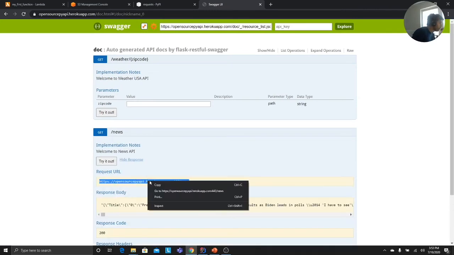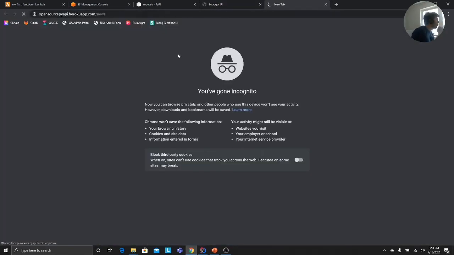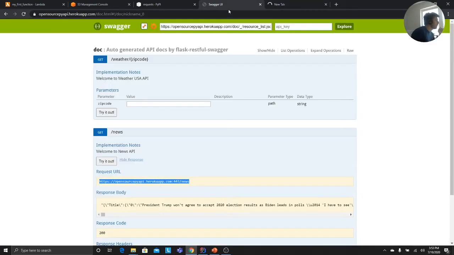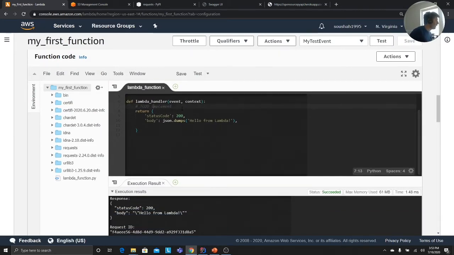Okay, so if I actually come here and hit this, I think it's a GET request if I'm not wrong, I should see some data, right? So let's try that out here in the console on AWS to make sure that the library was installed. URL is equal to, so that's done.